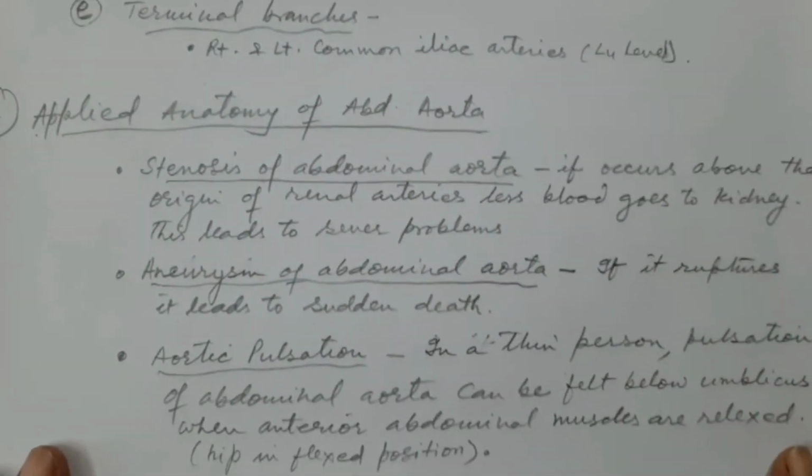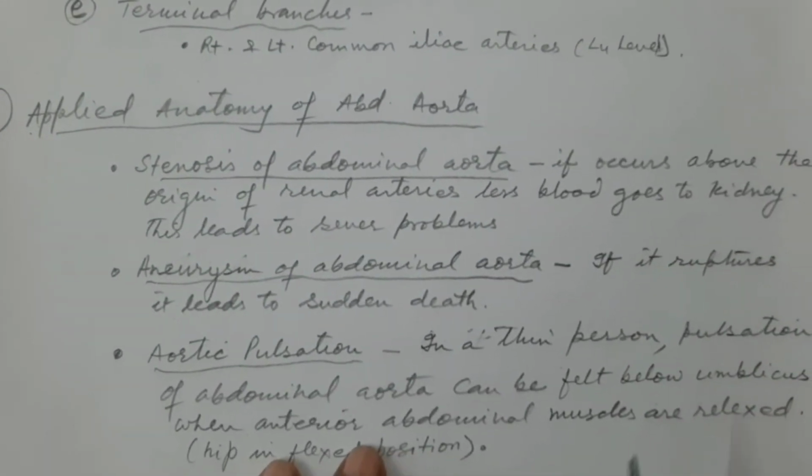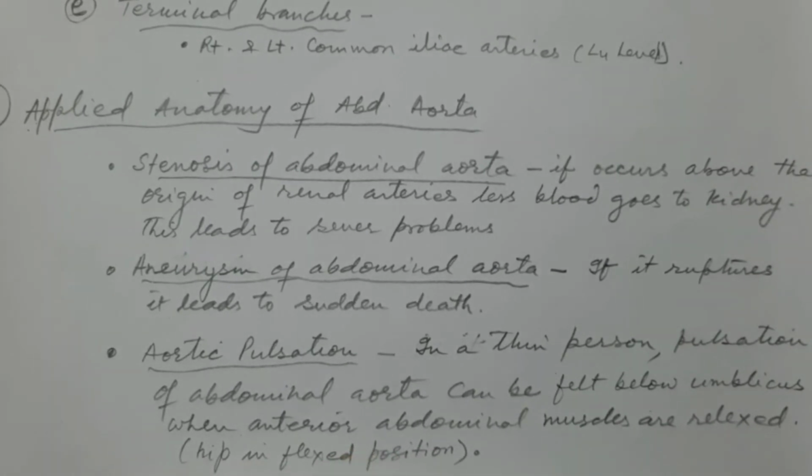I have just chosen three applied importances of the abdominal aorta. Sometimes there may be narrowing or coarctation. This is the stenosis of the abdominal aorta, and this narrowing may take place anywhere in the course of the abdominal aorta, but if it occurs above the origin of the renal arteries, that means at the level of L1, before the L1 level, if the coarctation or